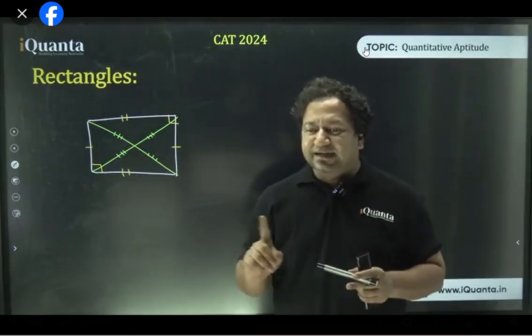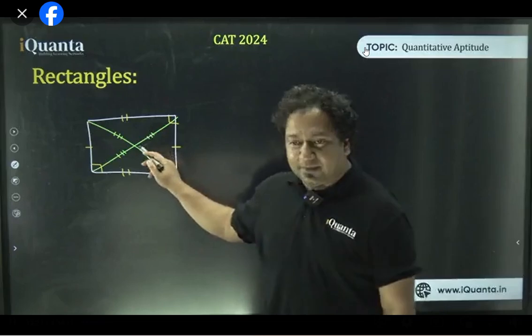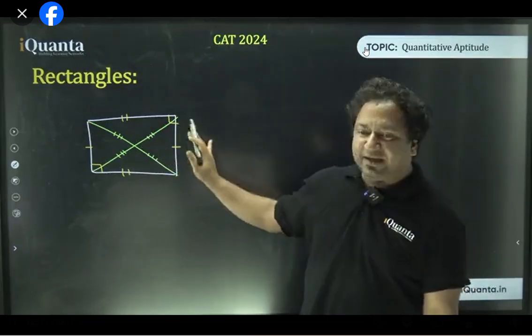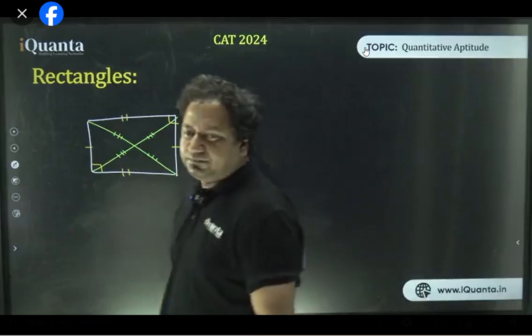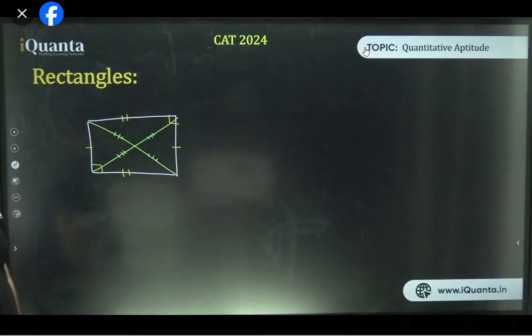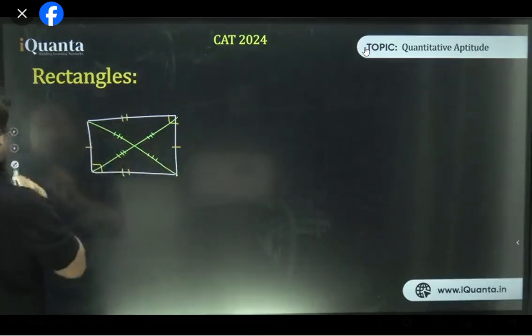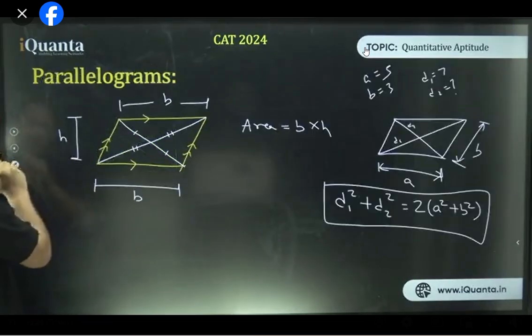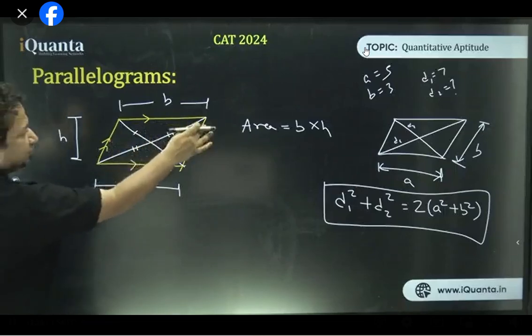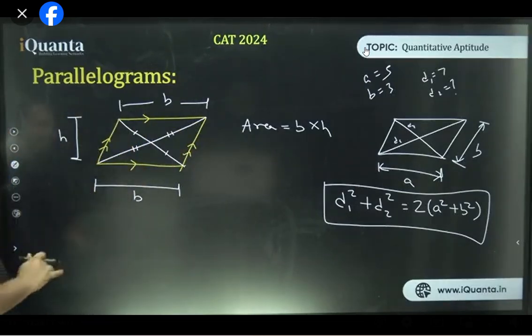No Varsha, they don't bisect at 90 degrees. If they did, I would have written it here. That's what I said. Should I write, or should I just make a diagram? The diagram is self-sufficient, isn't it? Unless I write something, do not assume. Yes, Ankit. Okay? Also, there's one more thing. The diagonals, in case of this parallelogram, don't bisect these angles. Okay? So I did not write it, meaning they do not bisect.